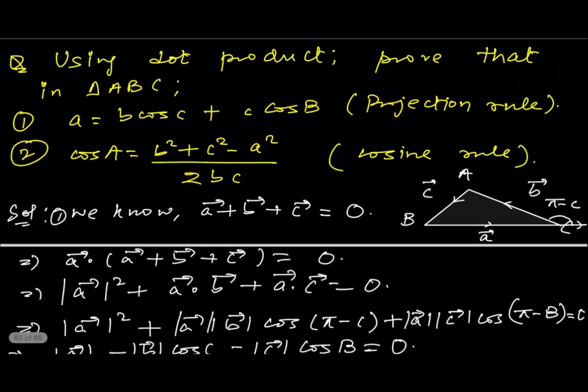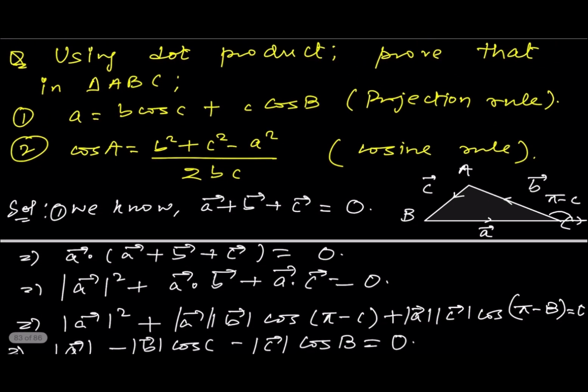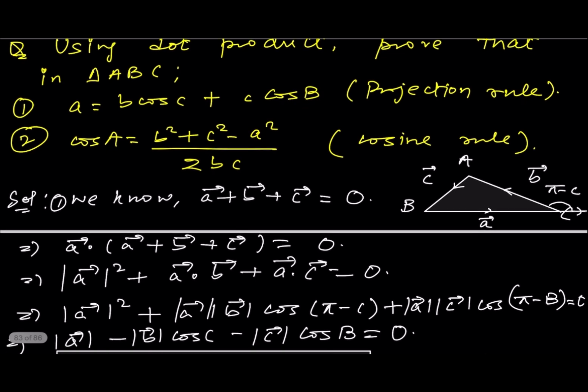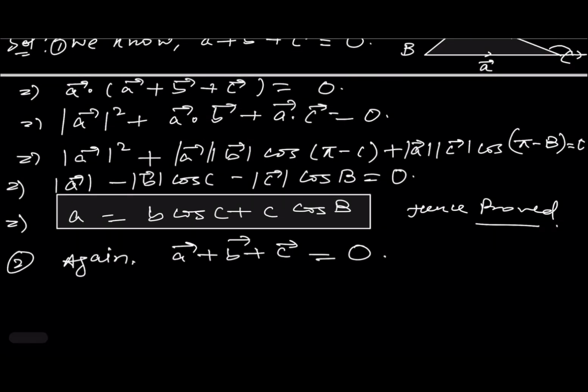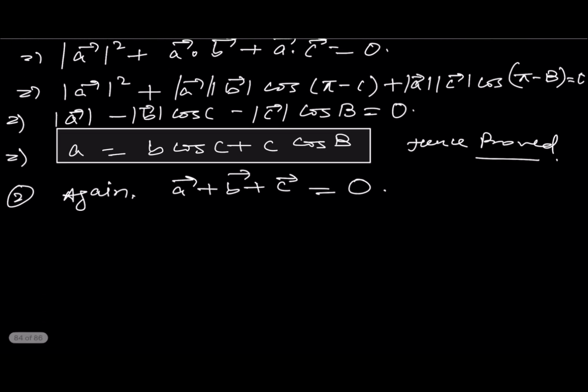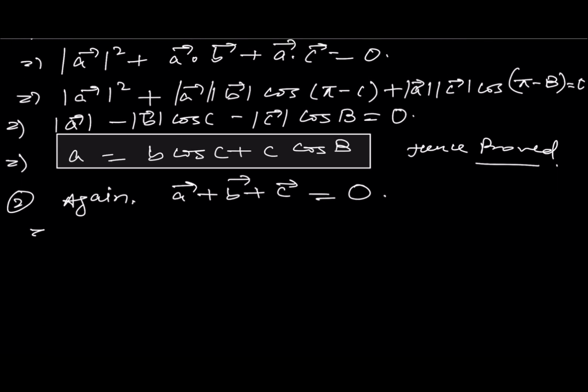So I have to show that b square plus c square minus a square upon 2bc is equal to cos A, right? So what is the strategy, or what is the thought to prove this? Again, if I write a vector is equal to minus of b plus c, and then take squaring,